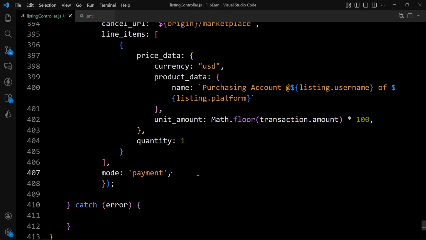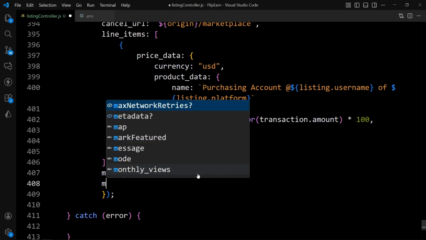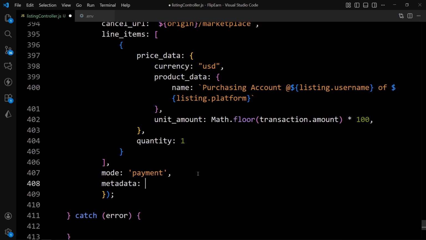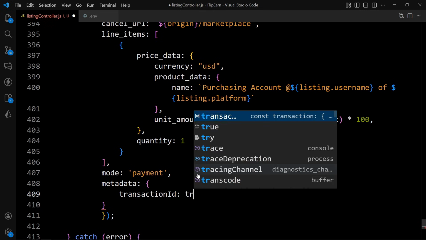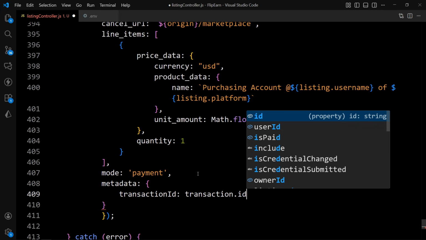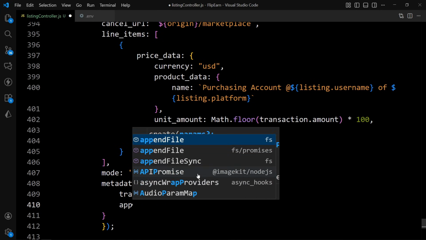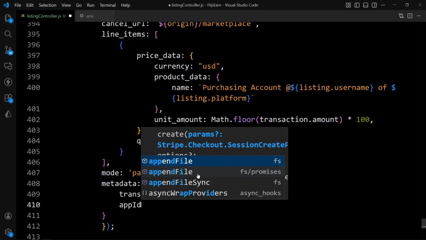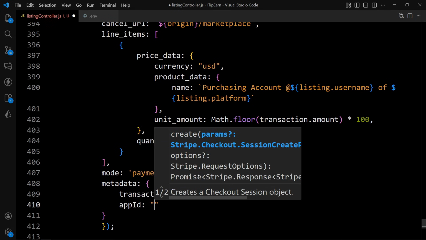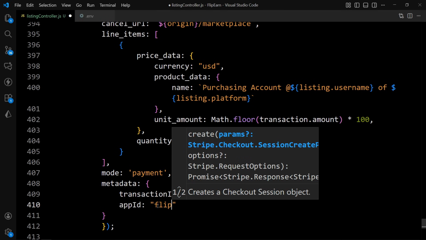So after this mode payment, we'll add other data in this session. So let's add the metadata property. In this metadata property, we will add the object and provide the transaction ID. So just add transaction ID, and in this transaction ID, we will store the transaction dot ID. After that, we will add the app ID. So let's add the app ID, and here we'll add the app name. So I'll write flip earn,